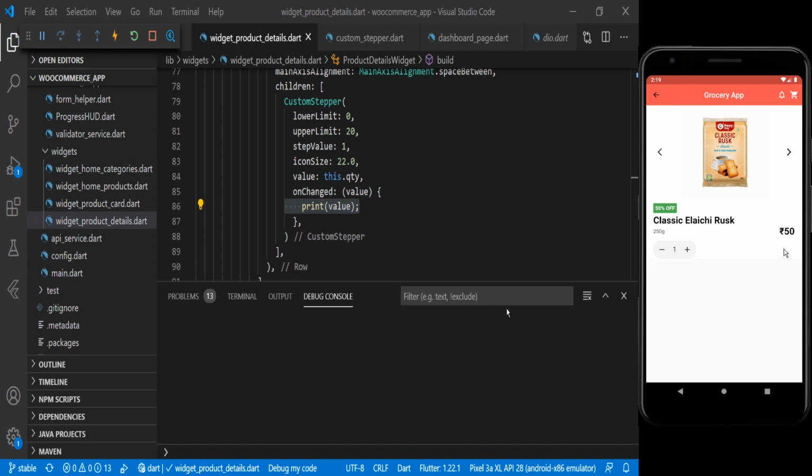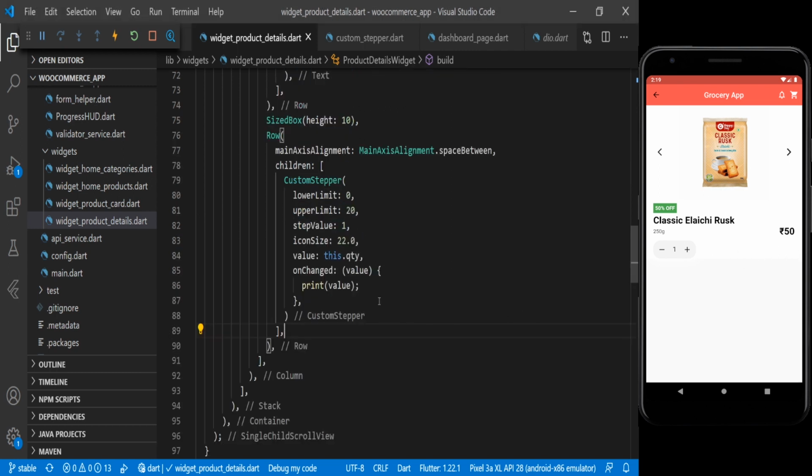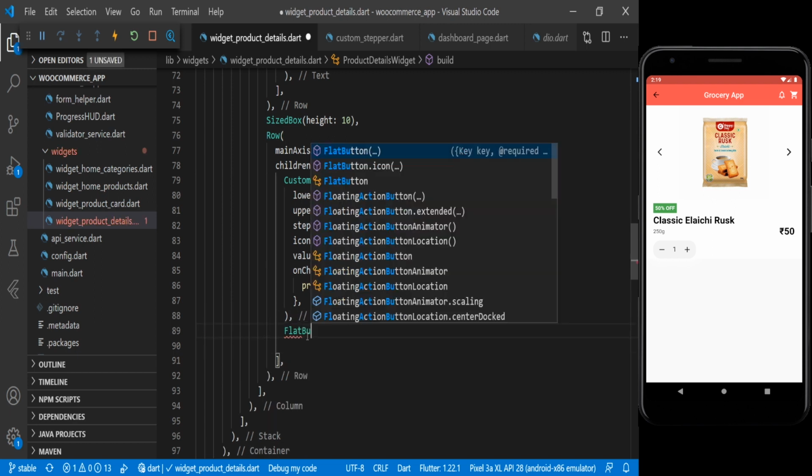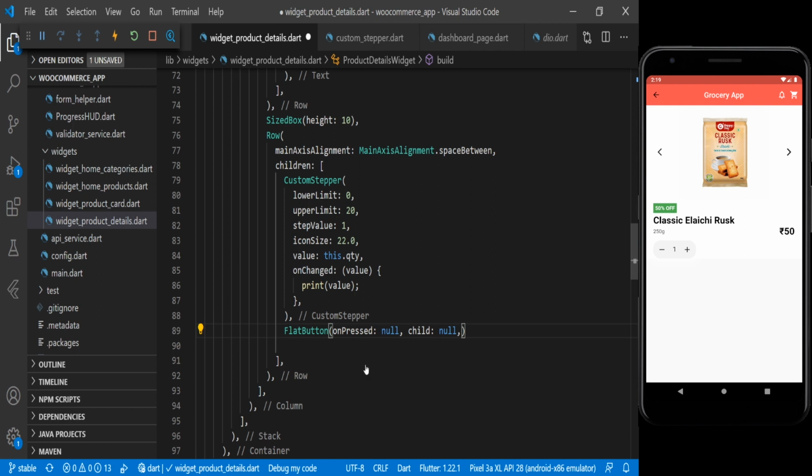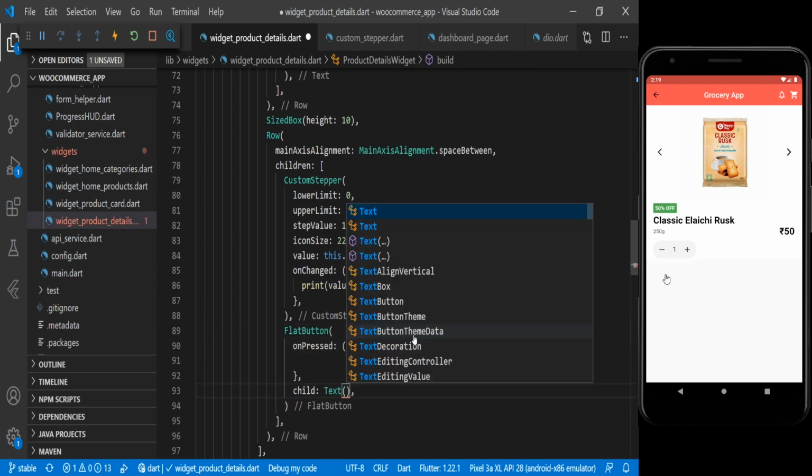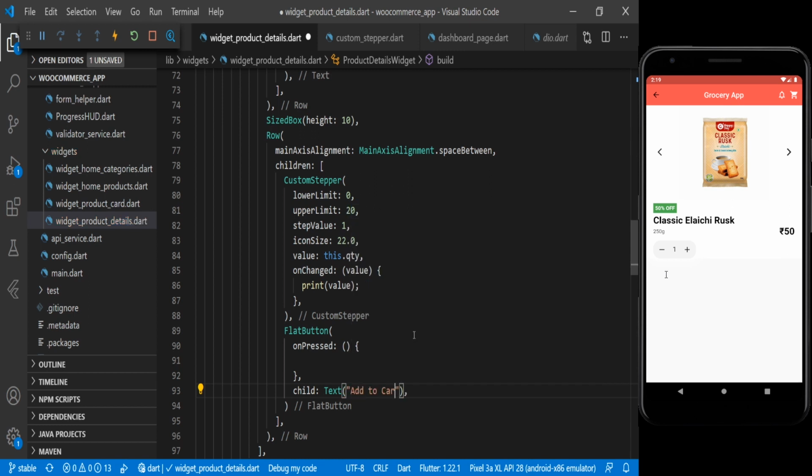So now we will add that add to cart button here, and in the row widget we will add a flat button, and here we will have the on press event. Then in the child we will have text, and here we will have add to cart.